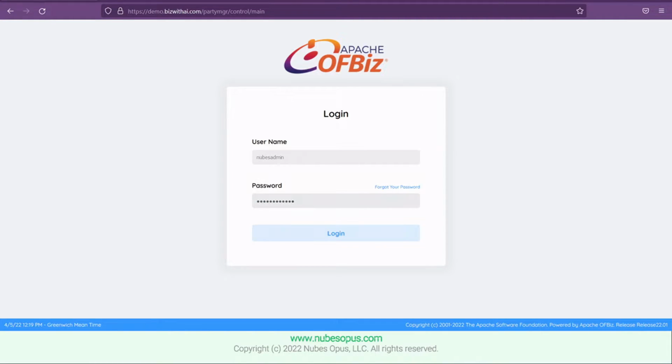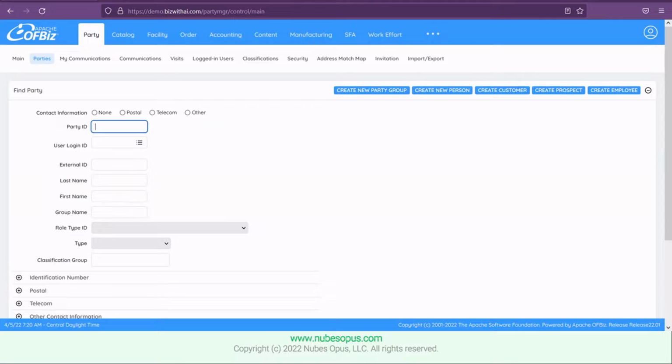Party module. The party module is used to manage any party that can be a person or a company or group of parties: customers, suppliers, employees, vendors, or leads for the business. The profile of the organization and all the necessary information about the organization is set up using this module. The party module is used to create login credentials for all users of the system.